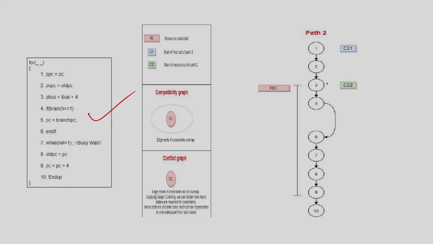In path 2 you see it goes through the else branch. In the else branch there is no PC equal to this, right. So, this variable assignment constraint is not there, but only the addition constraints are there. So, there is only one constraint. Okay. So, this cut is very simple because it has only one node.